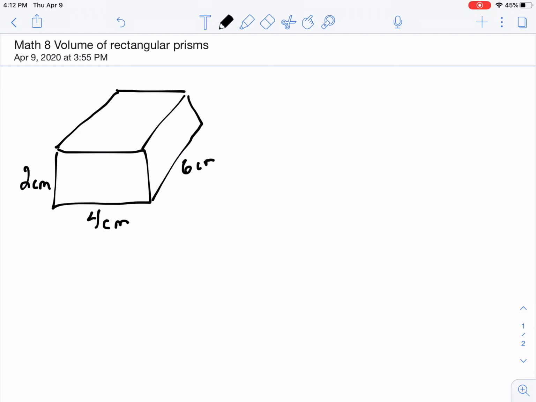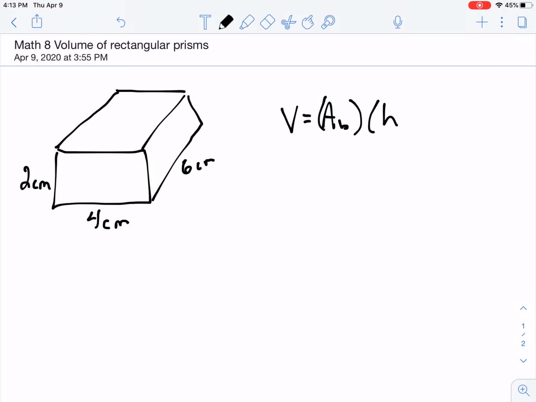Hey guys, I just wanted to do a quick video that looks at finding volume of the rectangular prism. I'm going to take a little bit more time than it probably needs because I really want to emphasize a specific formula that we're going to look at. Anytime we're looking at volume, we are following a basic formula of area of my base shape